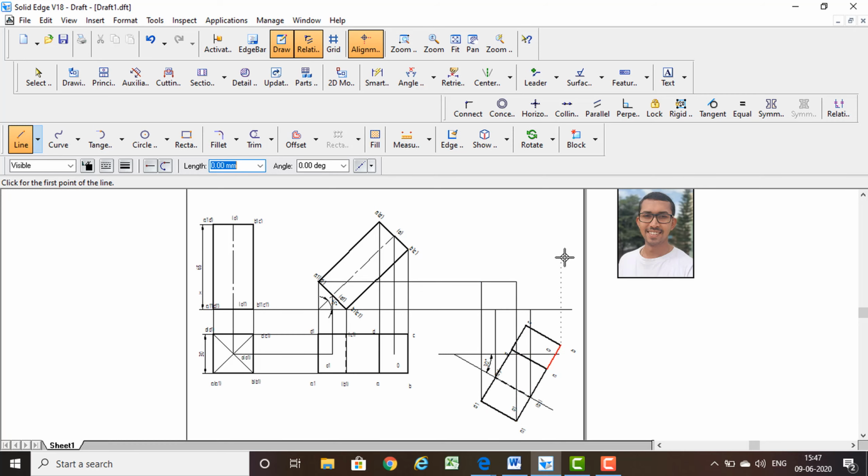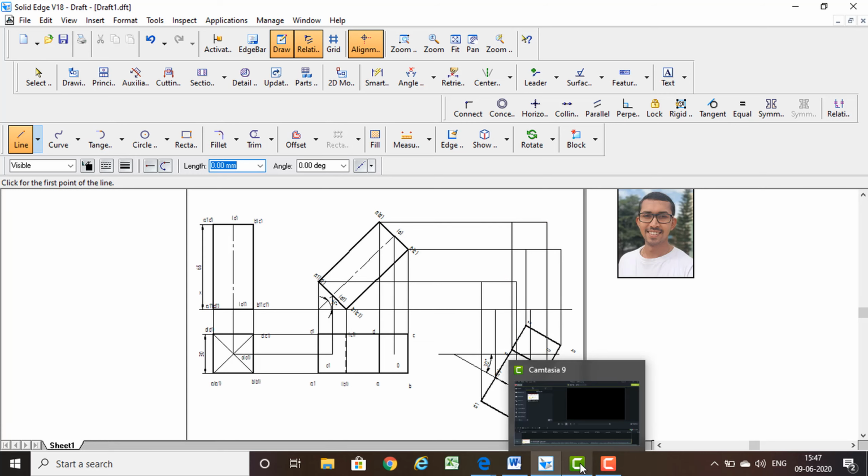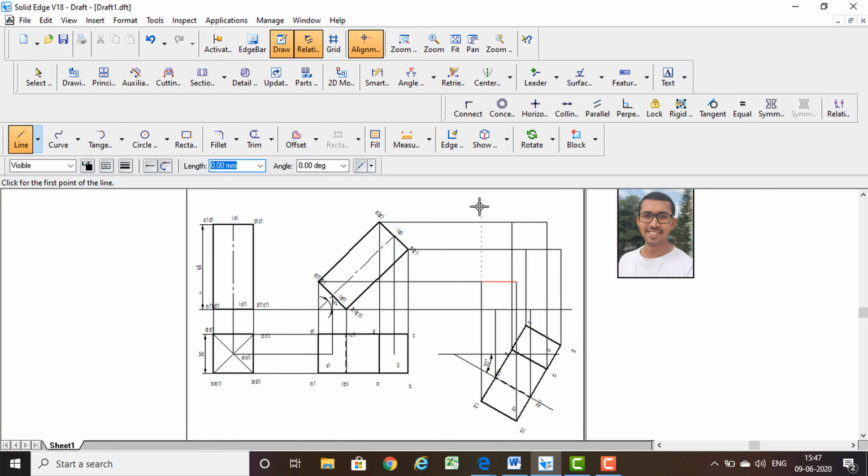Okay, got this one. In the same way, locate the A. This one is A and where is B? See, the alignment indicator is on, so you can easily represent all the different corners. This one is C and this one is D. Now we have to do the namings.